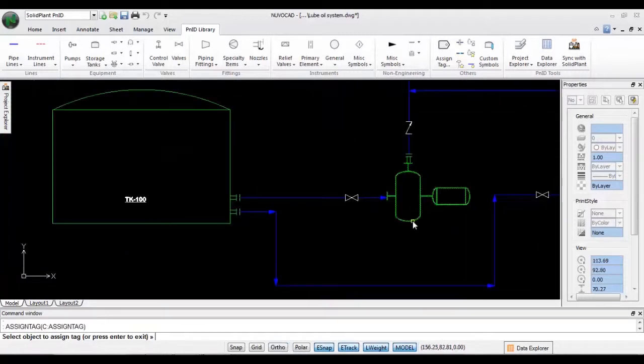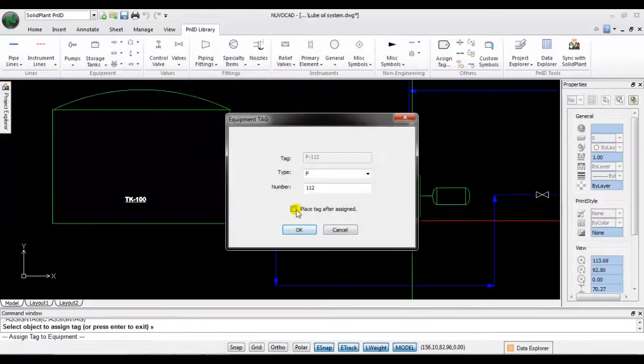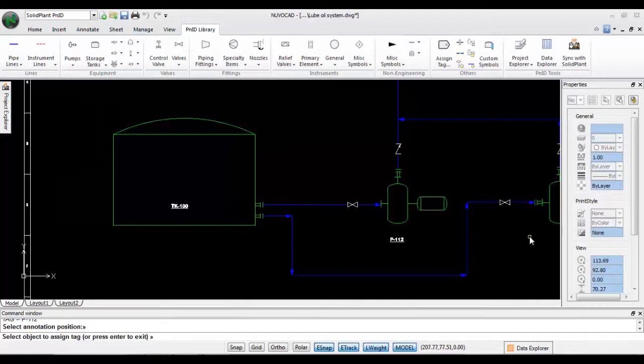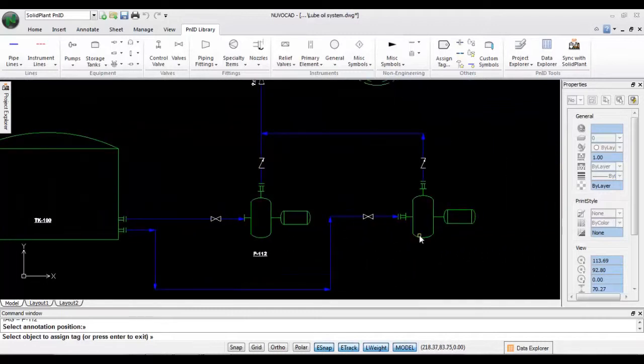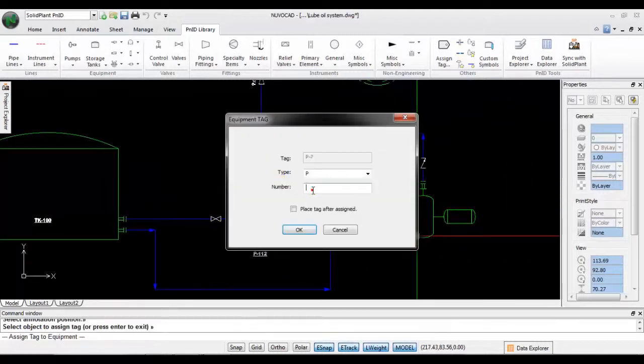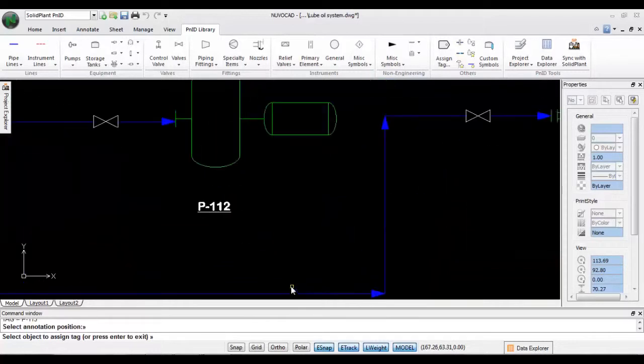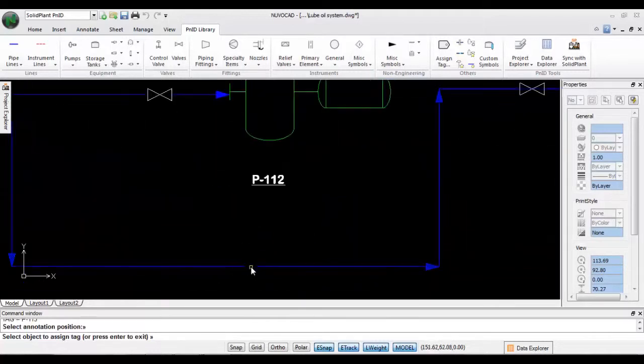So the tag for this pump is 112, place tag, we place here. Next I want to assign a tag to one more pump, number 113, place tag, so we'll place here. Next let's assign the tag for the process line.